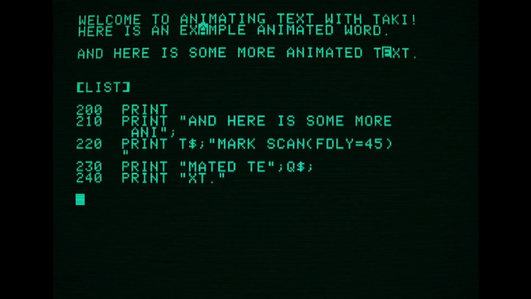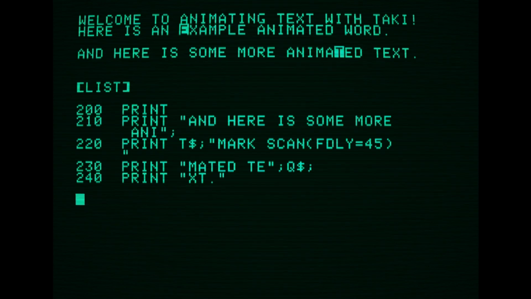Another way to tell Taki how much following text to send to an effect for processing is with the MARK command. This tells Taki to keep slurping text until it sees a special character, a different one, Control-Q, that we placed in Q string. That makes it easier to send as much text as we want to the effect. The bounce in the ping pong lounge example we saw earlier, we just sent everything in, and then ended with a Control-Q right before we started animating.